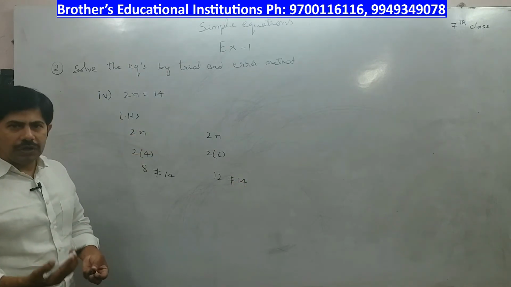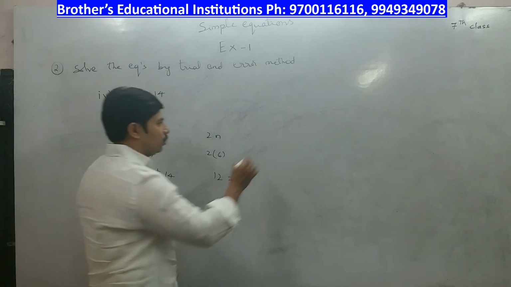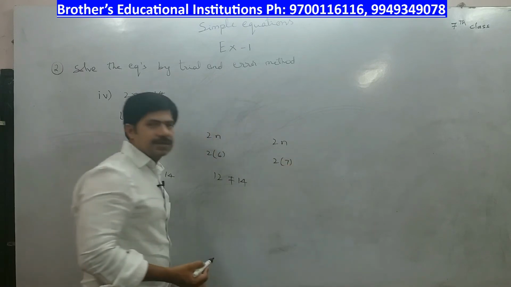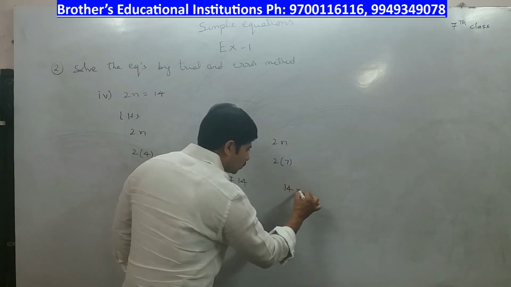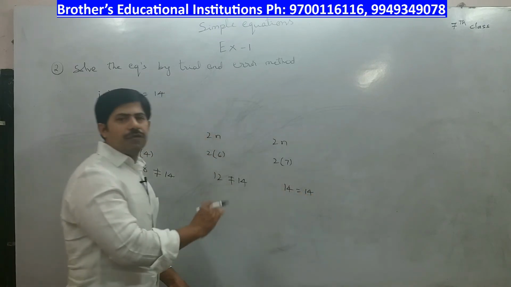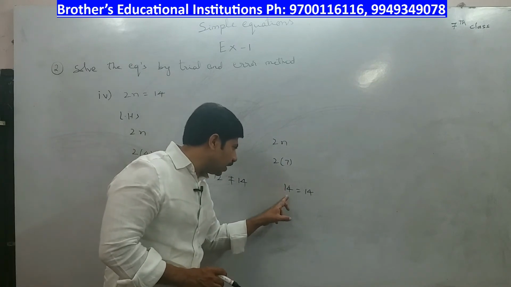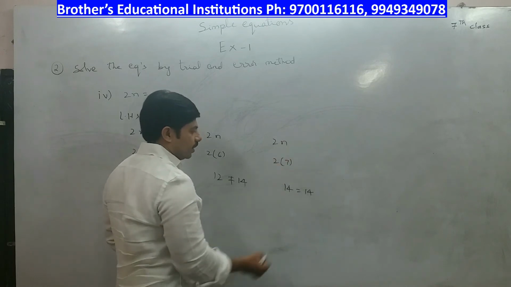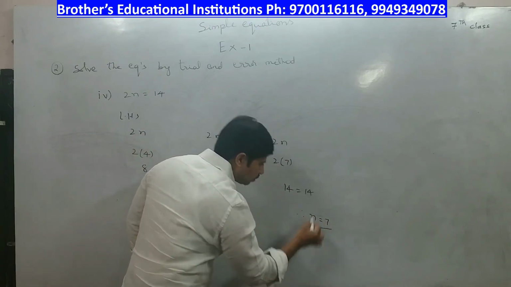Okay. So now we will go to the exact value. The exact value we know by seeing the problem, that is 2 sevens are 14. So now I will write 2n and I will substitute the value of n as 7. So 2 sevens are 14. In RHS also we have 14. So 14 is equal to 14 we got. So for what value of n are we getting LHS equal to RHS? The value of n is 7. Therefore the value of n is equal to 7.